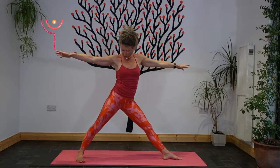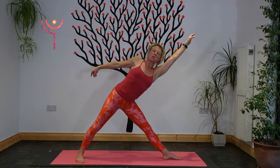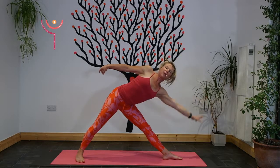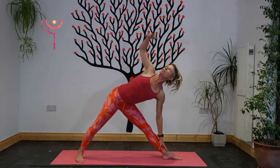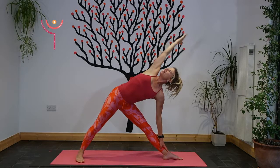Left foot turns out, right heel goes away, shoulders parallel with the long side of the mat. Lightly lift up through the muscles of the legs to support your bones. On your out breath, lean to the left. Send your tailbone to your right heel. And then take the left hand down and reach your right arm up towards the sky before taking the right